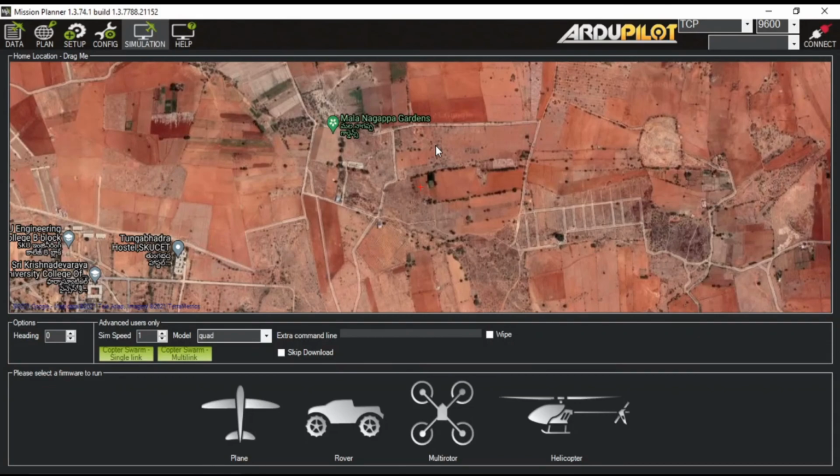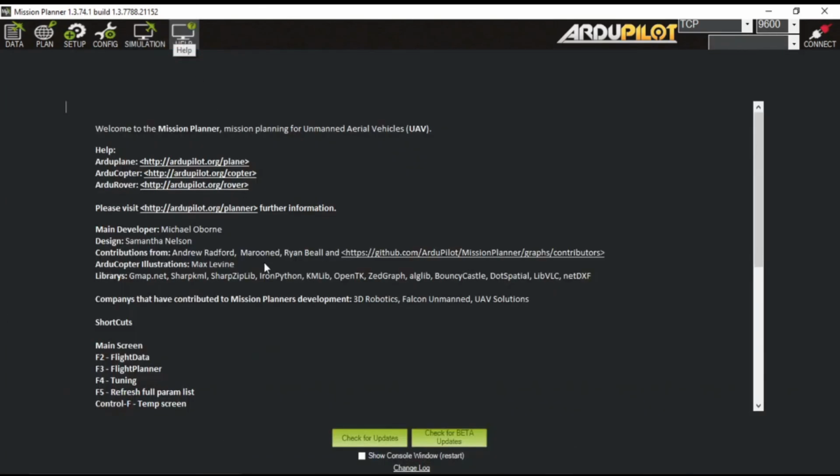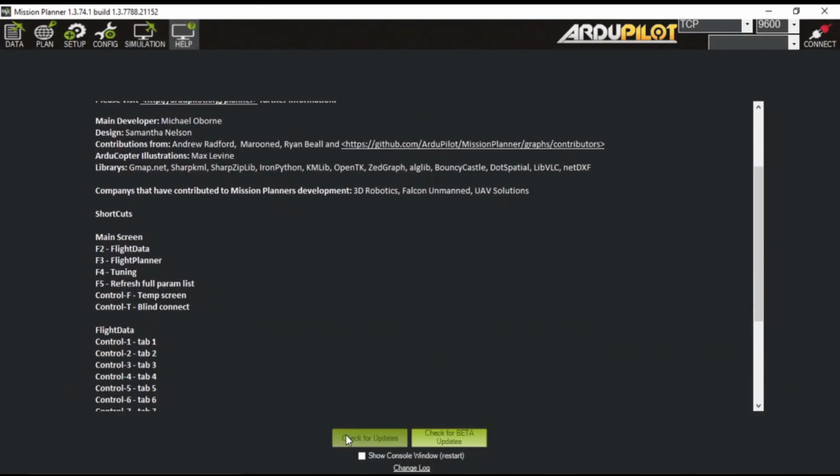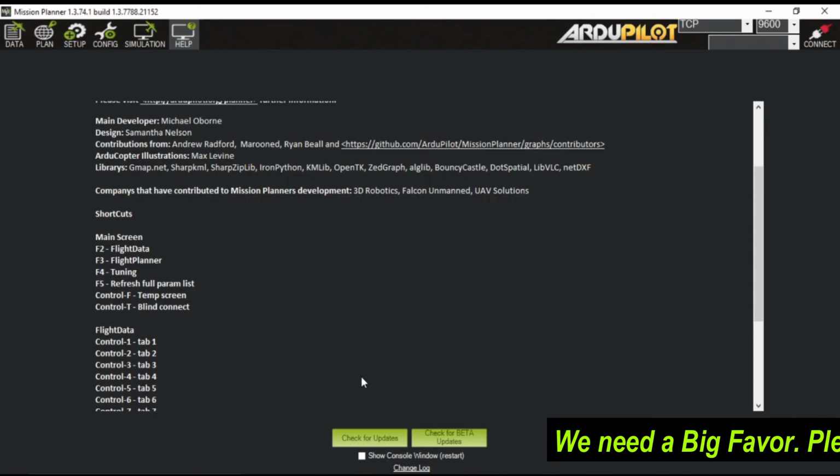So here's a pro tip for the viewers who have watched this video till here. As you know, Mission Planner is open source software, so it's very common that sometimes it just shows an error from nowhere. If you come across any error in Mission Planner, generally it will show when you start the simulation. Even if you uninstall it and then install it again, that error will not go. So in that situation, just go to this help window and check for updates. If it's not showing any update, then simply uninstall this version, install the previous version, and then update it from here. Then your error will definitely go. This is a pro tip which most people don't know.